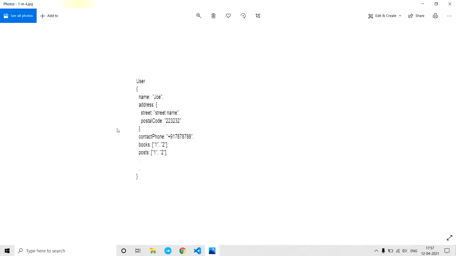If there is no limit, or if you're not sure of the size of the books, it's not good to store the keys here. Let's store the user ID in the books instead of storing book IDs in the user. Similarly it applies for posts as well. If you are sure that books and posts are going to grow in future, let's store the user ID in the books and posts collections. That's the best practice.